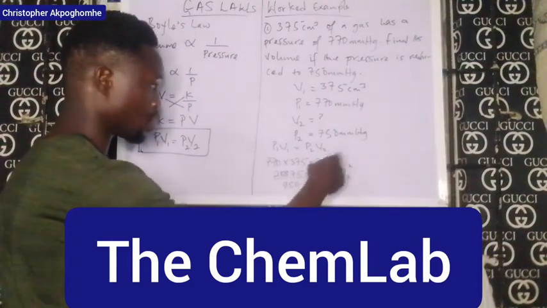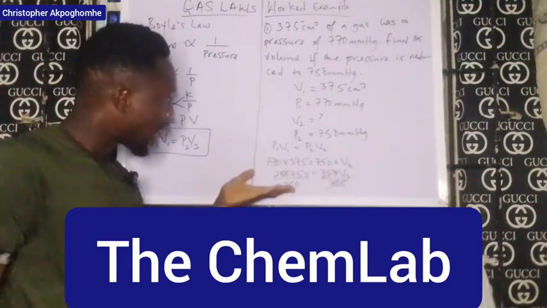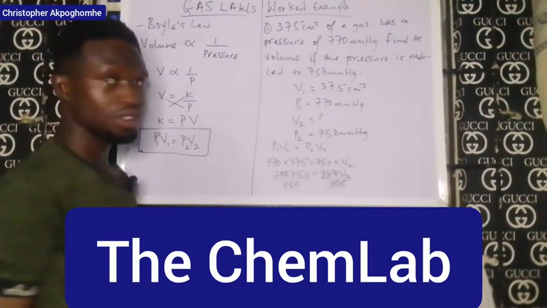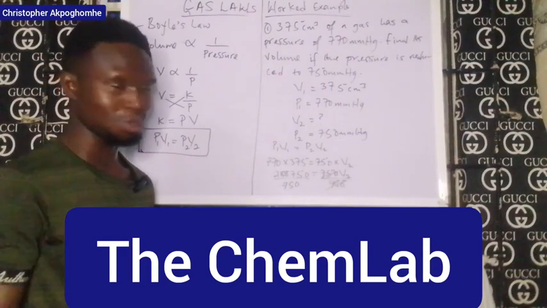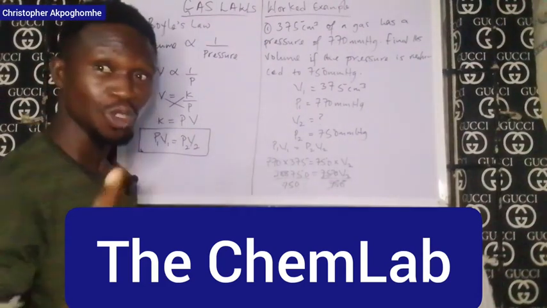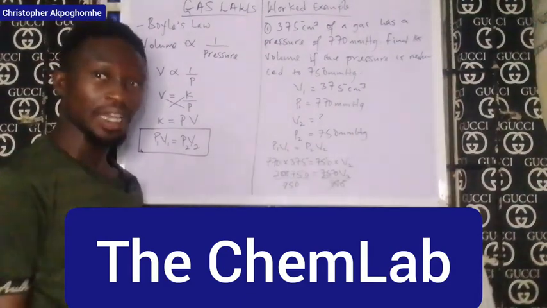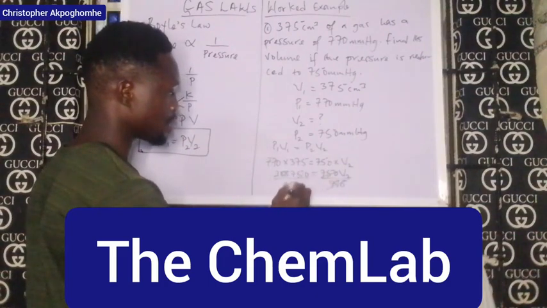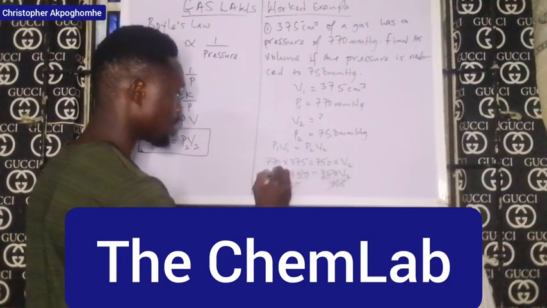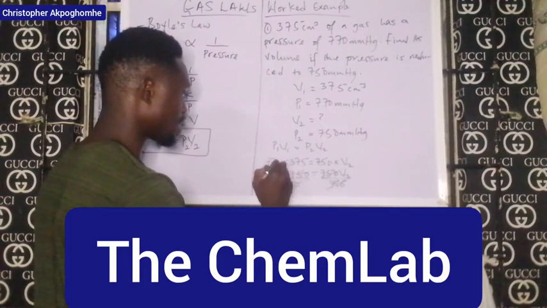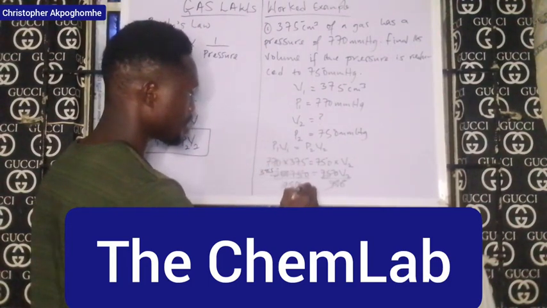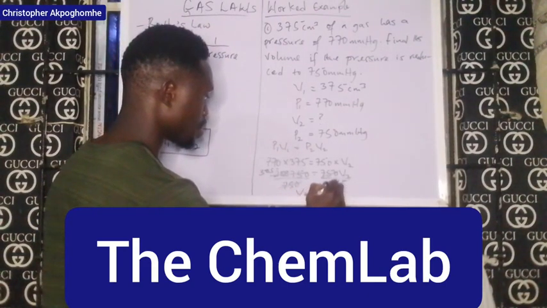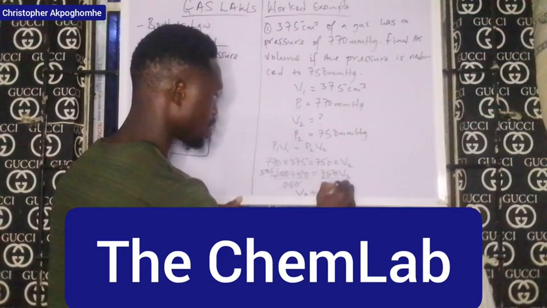We're left with V2 on this right-hand side. Now, at this side, some of us are going to say, oh, we have 750 here, we have 750 here, so let's cancel. No, it doesn't work like that. If you do that, you're going to get the answer wrong. So you divide it normally as it's supposed to be. So when we divide 288,750 by 750, we would have 385. So V2 is equal to 385